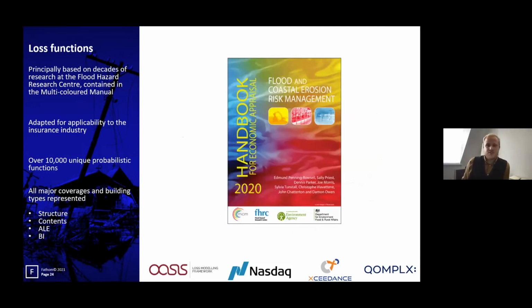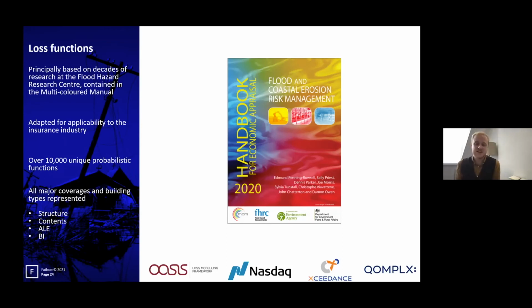So away from some of the physical modeling now, I'm going to talk to you a bit about loss functions. I think this is a fairly understudied feature of flood risk modeling and is commonly a component subject to quite unphysical fudges in order to produce realistic losses. More charitably, we call this process calibration. But in our model, we prefer to provide an expert view on the relationship between flood hazard and a given asset's susceptibility to damage.